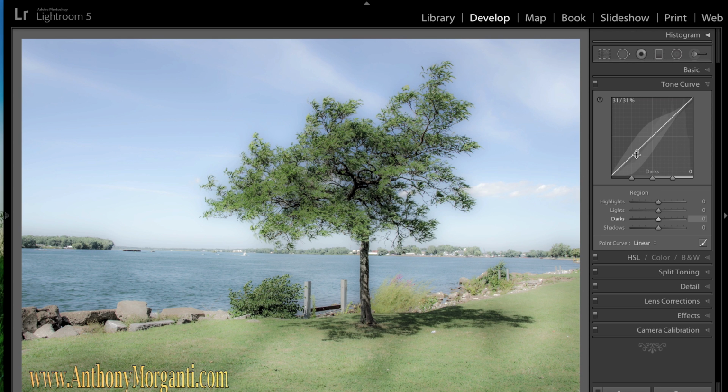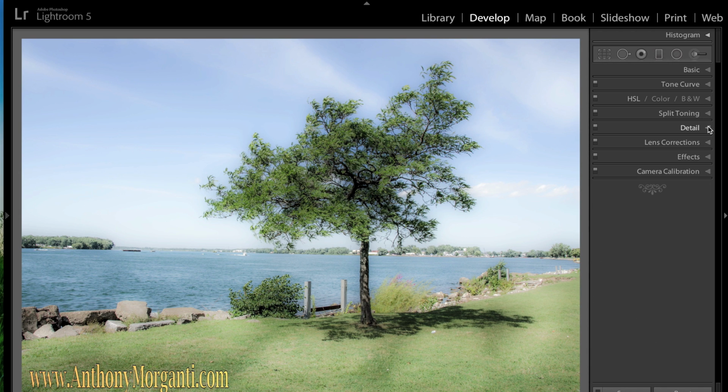But we could add a little more contrast to the shot. We could add contrast in the basic panel too. That's why I don't do a lot with it, because we already could do these things in the basic panel. But you could add what they call the S-curve. You pull this down and this up, and it adds contrast to the shot. All right, it's as simple as that. I just did that to show you, because of all these videos, I've never done anything with the tone curve. I'm not going to do any sharpening or anything in the detail panel because I want this soft and